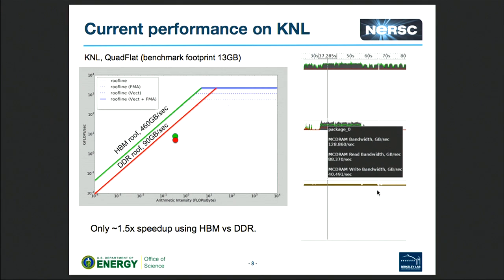So we see that the first red point shows when I run only on DDR, so I don't use high bandwidth memory. And the second point is when I use MCDRAM memory. And the ratio is just 1.5x. So in theory, this is a memory bandwidth bound code, and ideally I should see about a factor of 5 performance